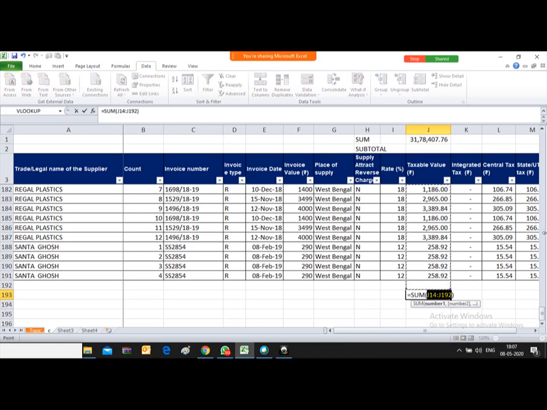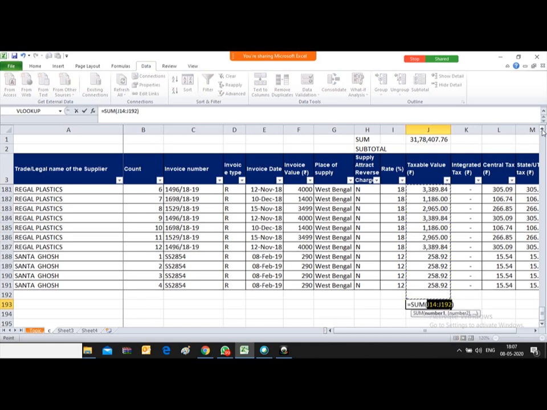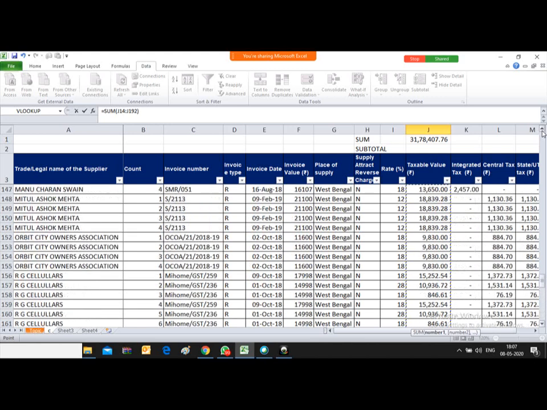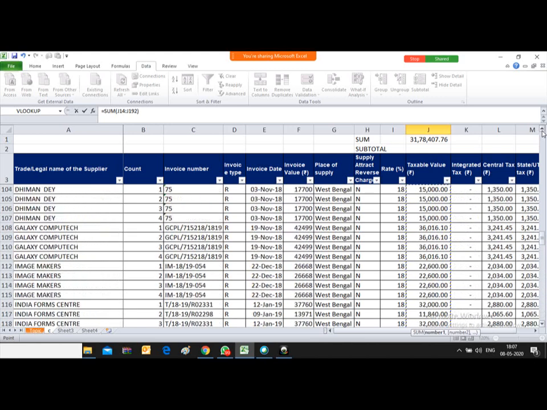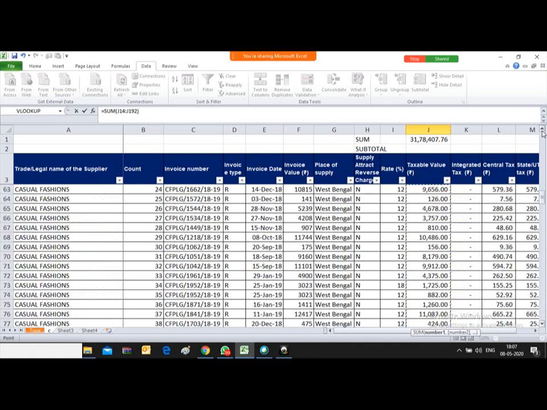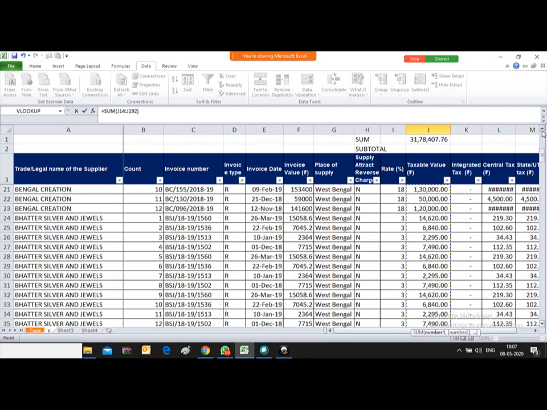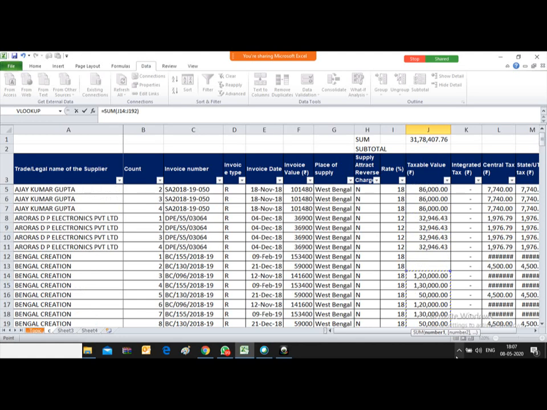Alt equal to, friends, just by moving the cursor upward, I'm going to show you that this formula has covered only up to the blank cell. You now see it has covered only those values appearing just before the blank cell, and it has not covered these values. So before applying alt equal to, you have to be very careful that no blank cells are appearing.